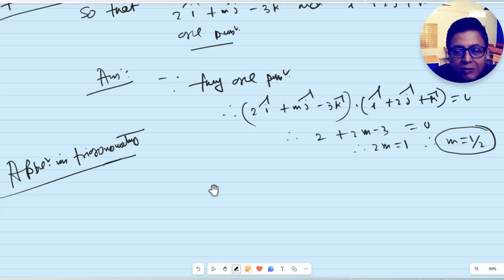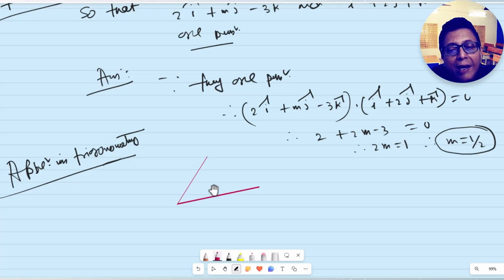Dot product can be used to find the relation between angles and sides of a triangle. Those who have studied properties of triangles in class 11 have seen that